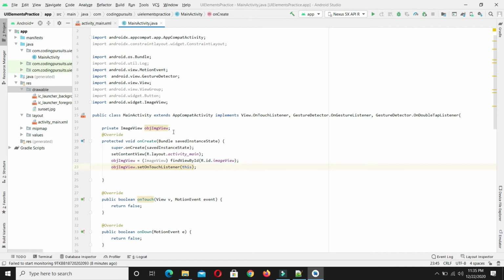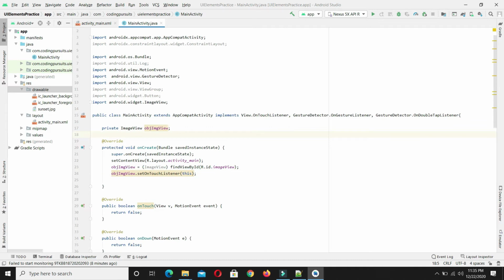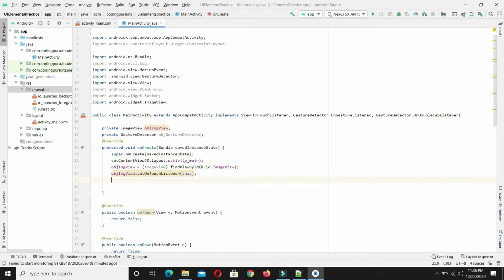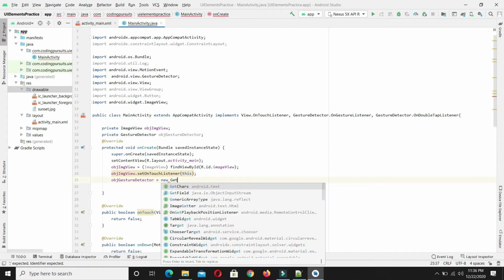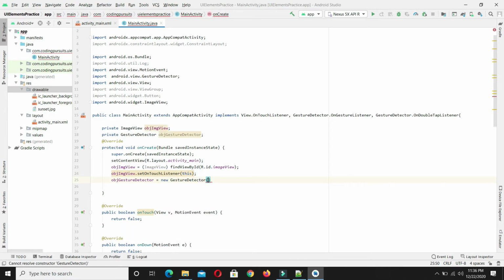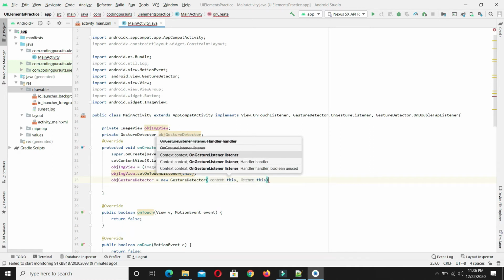In the same way we have to take the instance of GestureDetector for this. And we will initialize its listeners in this class, that is new GestureDetector, so context this and listener this.